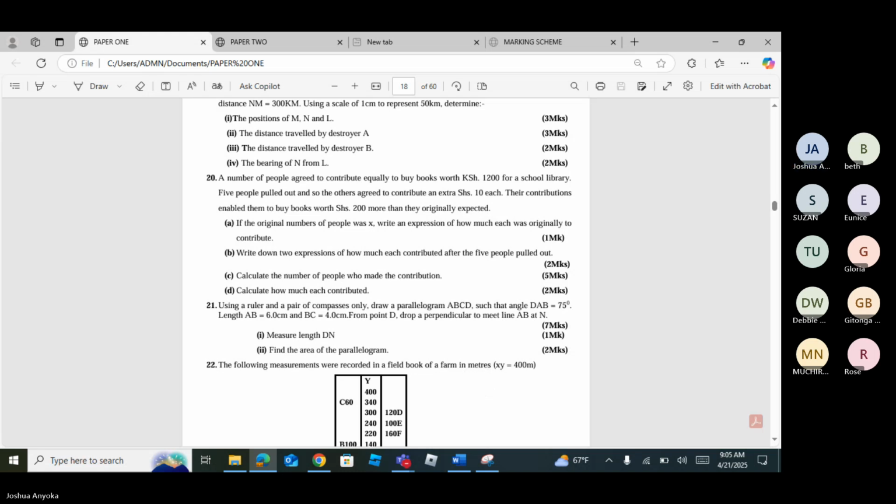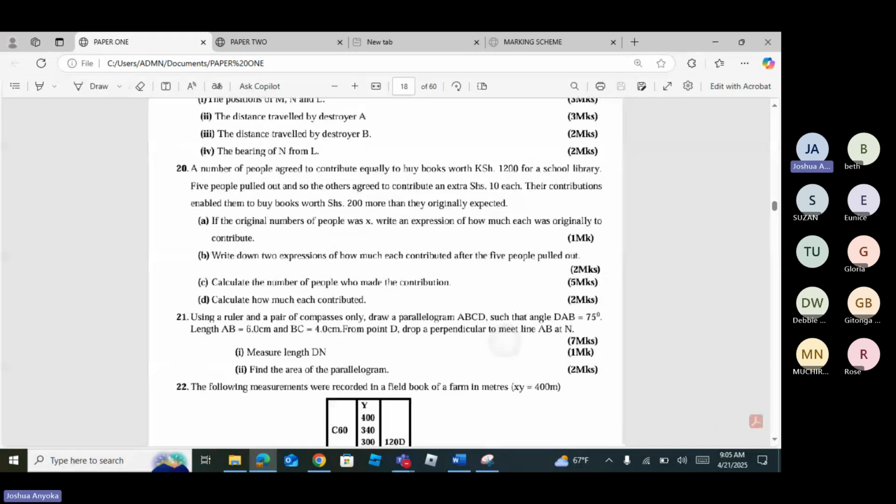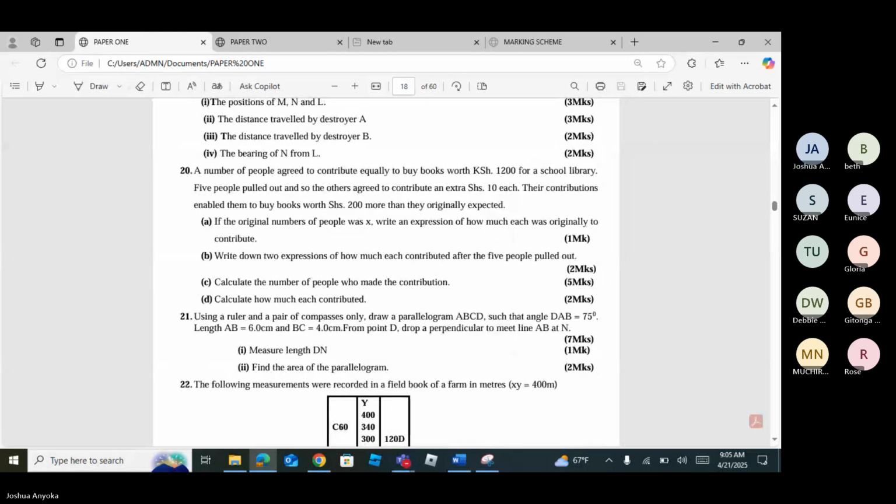Yes, trial 3, paper 1, question 20. And the question